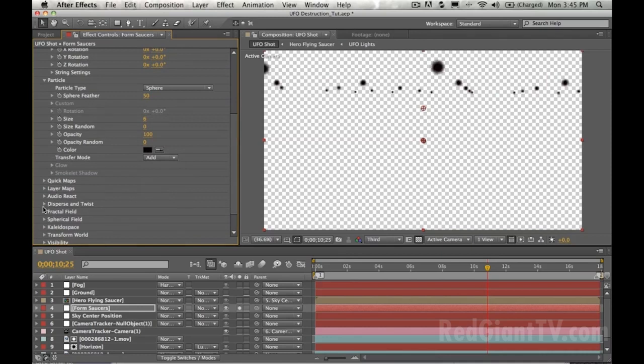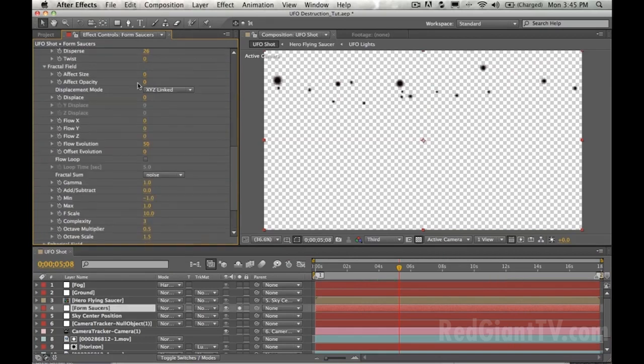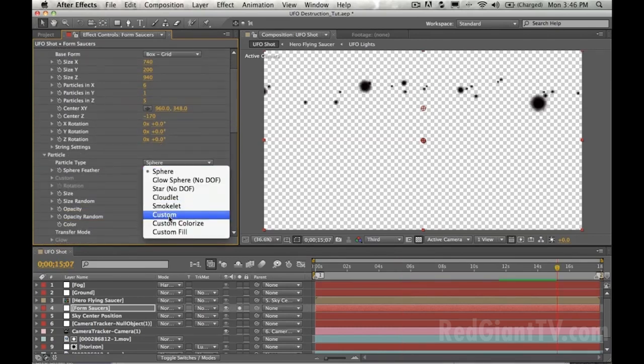And I'm going to go into the disperse and twist, click on disperse, and just give a little bit of randomness. Now, it doesn't make them move randomly. That would be something like a fractal field. But if we did want a little bit of random motion, we could go into displace and turn this up just a little bit. Now, let's make this a custom particle